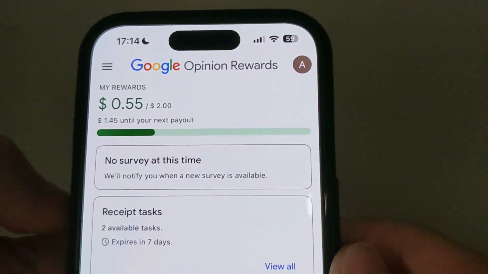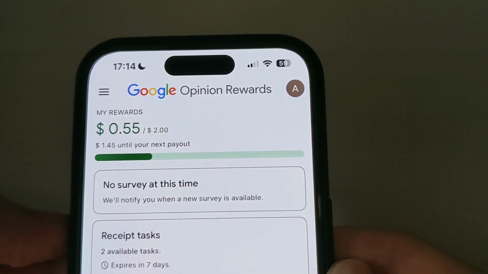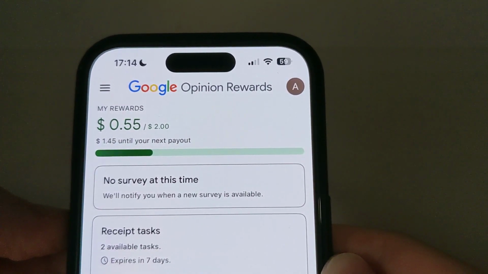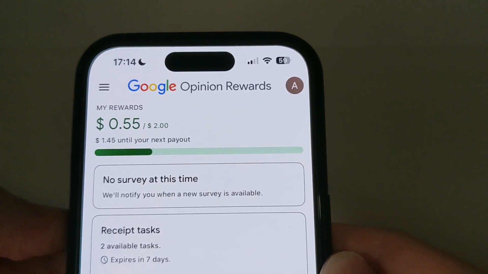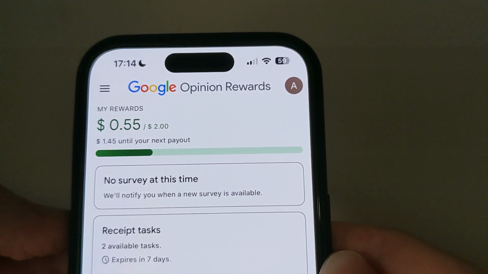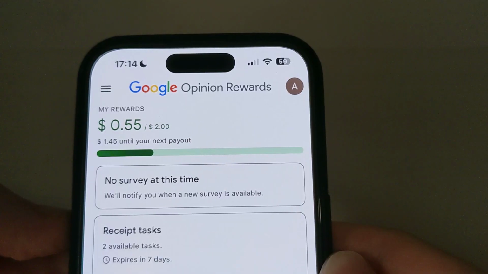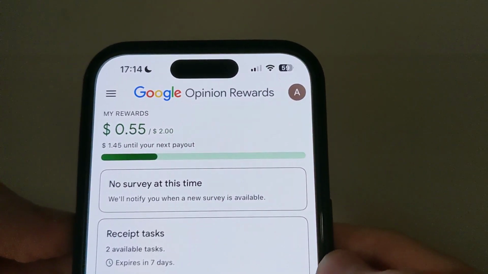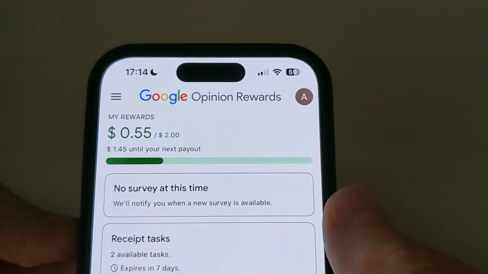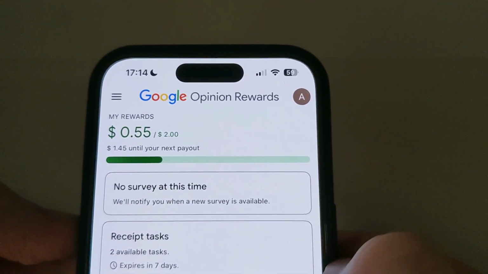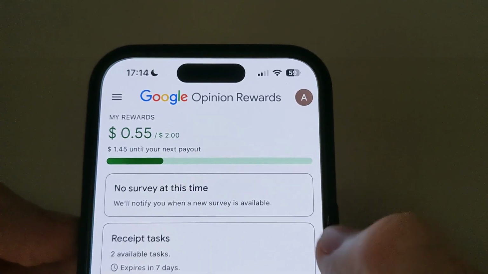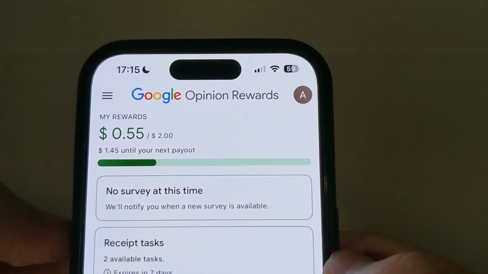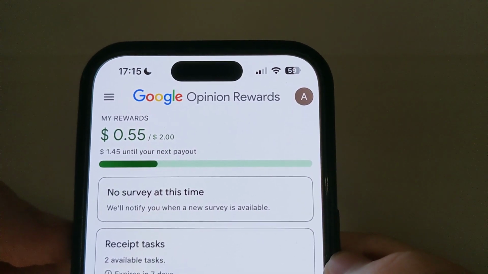Welcome back, guys. In this video I'm going to show you how to get free Robux through Google Opinion Rewards. It is much easier when you use Android, so you just simply get your money on your Google account, then go to Roblox, then click on get Robux and choose how much you need, then pay through your Google account. If you use iPhone, just